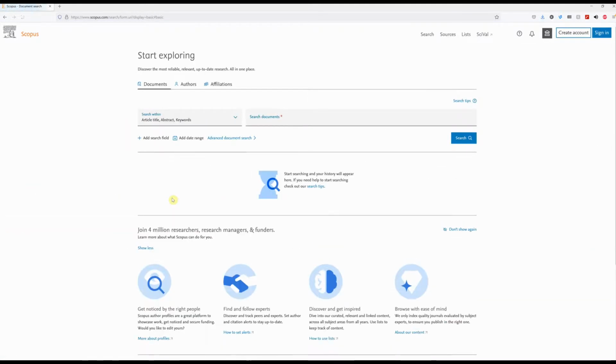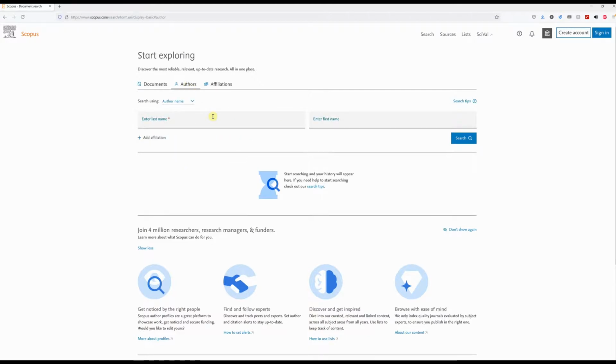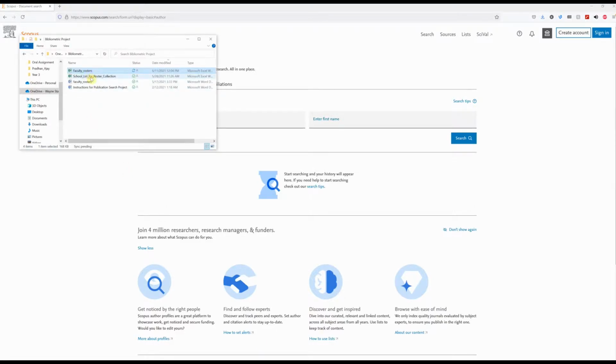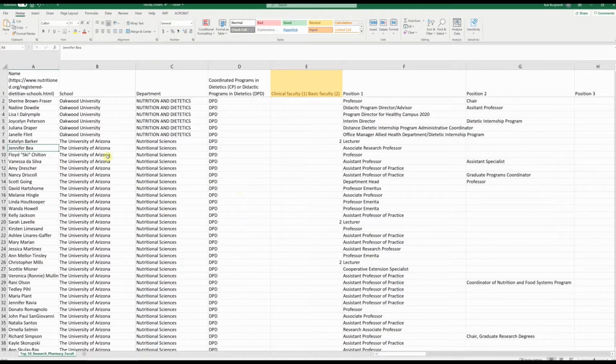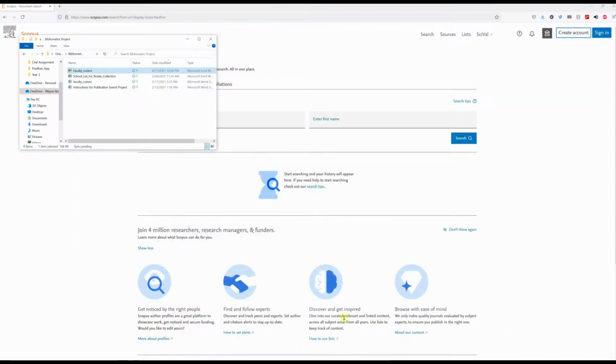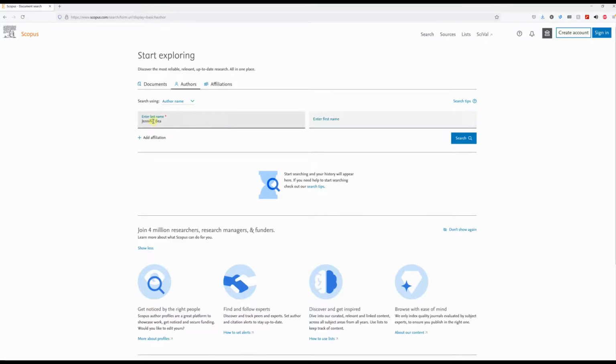And so what you get to is the actual Scopus database that lets you look up authors. You click authors, and this is where you're going to do your searching based on the profiles, which are found right here, faculty rosters. That's the data sheet that I'm pulling up right here. I'm going to do an example for Jennifer Bia at the University of Arizona. So you go to Scopus, you input her name,